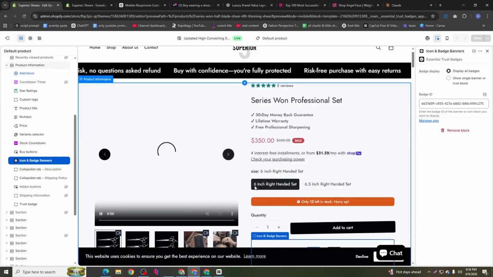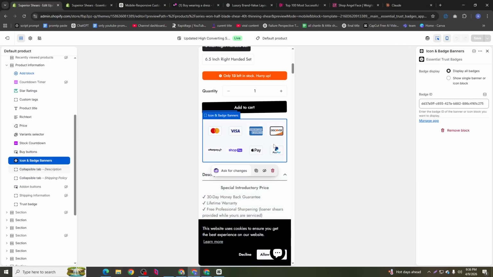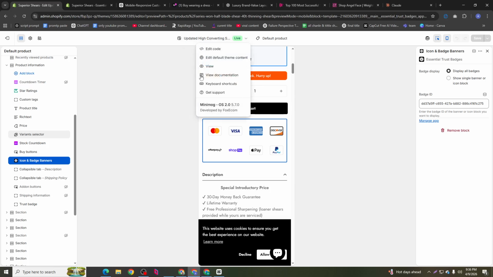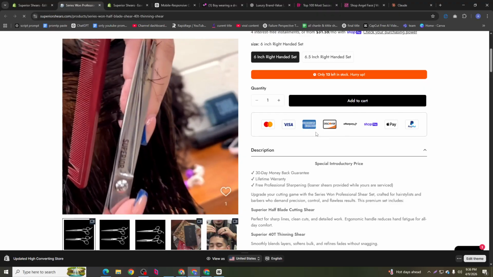Okay, so let's come to the point now. After refreshing, let's click like that, and now you see it looks something like that. And the mobile version, how does this look? Let's come to the mobile version. Let's check the desktop version too, and see how this looks. I think my client mostly focuses on mobile. On desktop it's also pretty good.